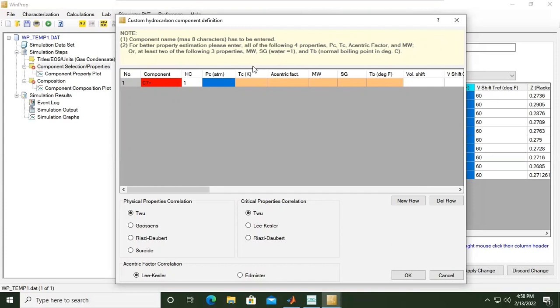Molecular weight, it's easy to measure. Specific gravity, of course, it is even easier to measure. And then the normal boiling point in degrees Celsius. And I will provide that in this case. And let's say from my laboratory, I know that the molecular weight of my component is 185, or 184 instead. And the specific gravity, the density of this component divided by the density of water, is